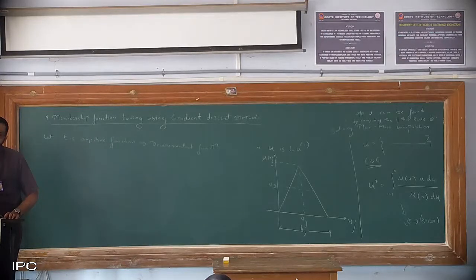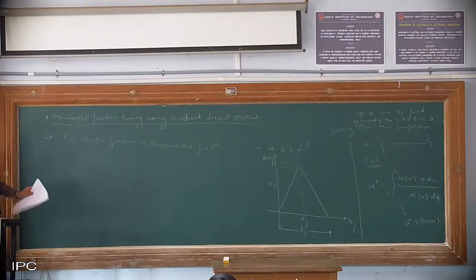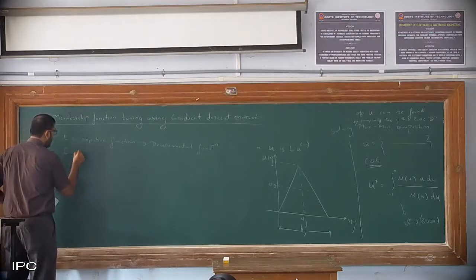Objective function can be either an incremental function or a decremental function. Okay. So in our case, error should be what? Decreasing only. So that is why it is called a decremental function. But if you want percentage efficiency, your objective function is an incremental function. So depending upon our requirement, whether you want to go in the downward direction or upward direction, it becomes either an incremental function or a decremental function. So E is my objective function whose requirement is to decrease the value. Clear? So now E is the square of error.